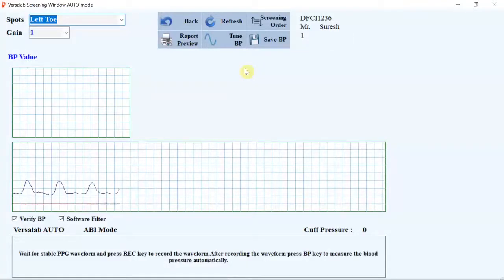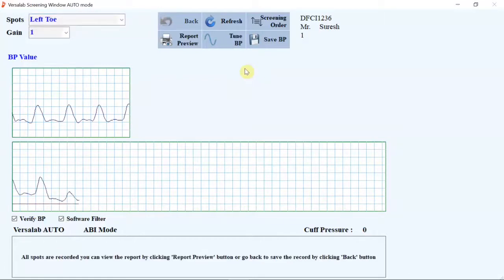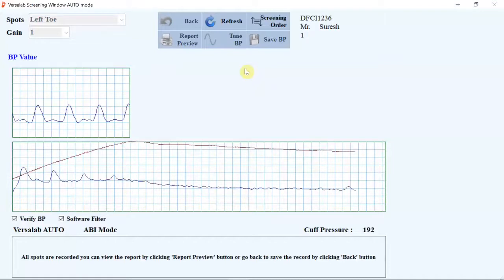So now it is on the left toe. See the sensor location on the cuff. Recording it on the top. Many times toe pressure, because of the small signal, needs some little experience.